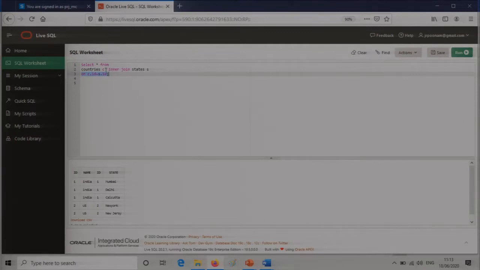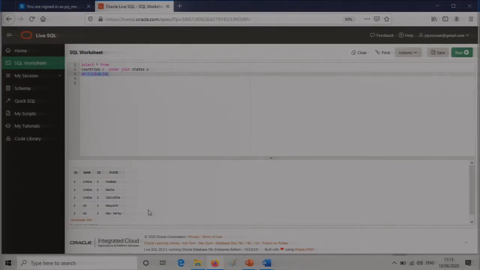But when you are doing the inner join, you have to mention across which column you want to equate the two tables. So countries has been given the alias C. Can you see here? It has been given the alias C, and similarly in the inner join, the other table has been given the alias S. So I am saying C dot ID is equal to S dot ID. ON is the clause that you have to use to equate the two columns, because it's ID on both sides, so it would be confusing if I write ID equal to ID, which ID is equal to which ID. So C dot ID is equal to S dot ID. C is countries and S is states.